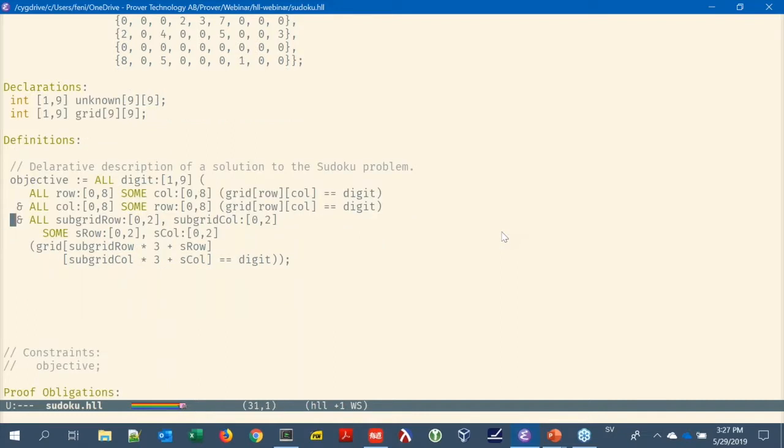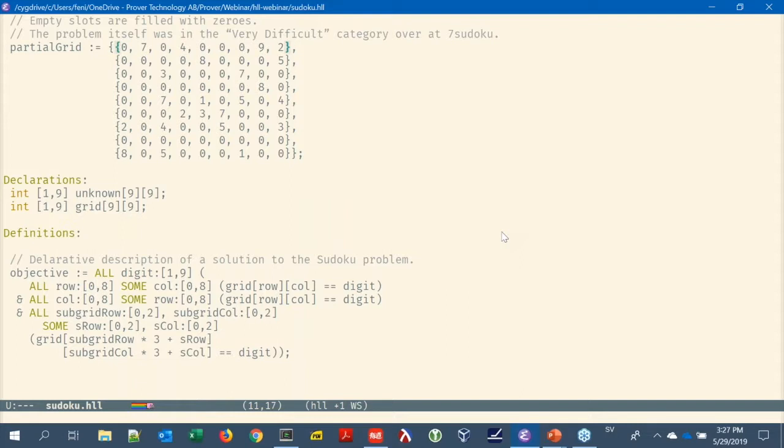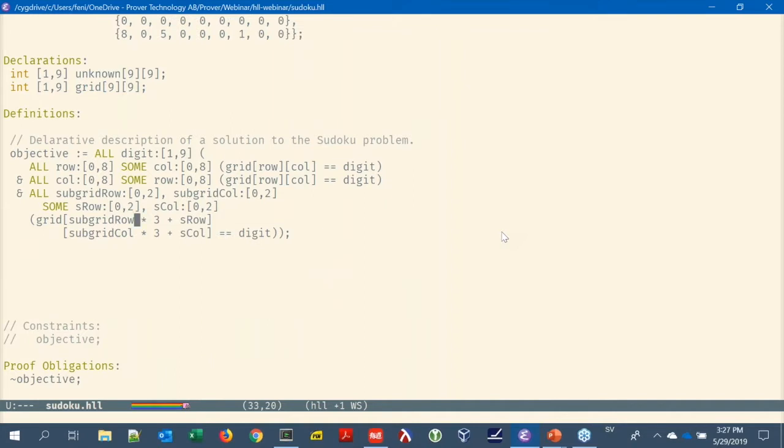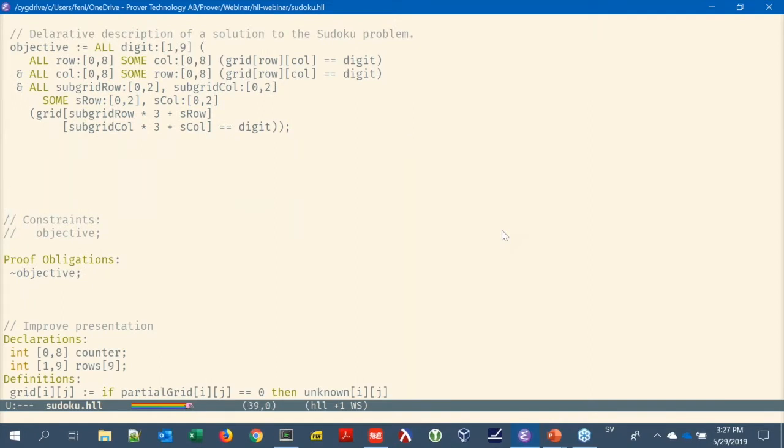And for each submatrix, because this 9 times 9 matrix consists of 9 3 times 3 submatrices, in each such submatrix you can find a slot where this digit can be found. I hope you understand this objective. And before I actually run it for verification,